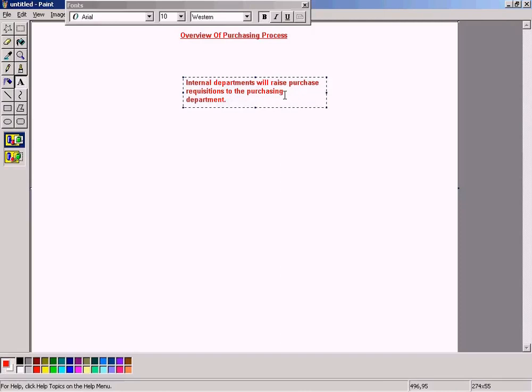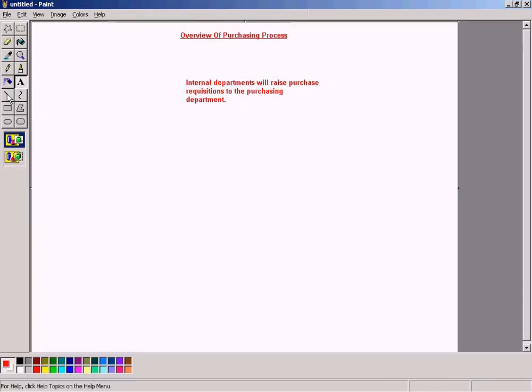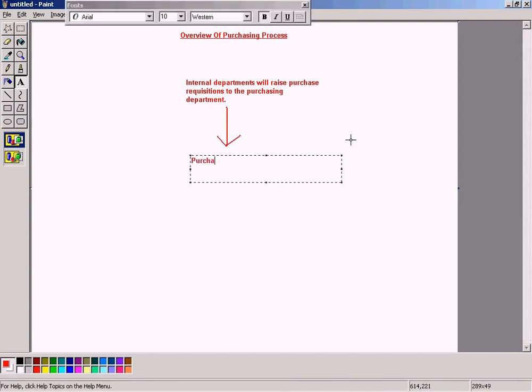Okay, then the purchasing department will raise a purchase order and send it to the vendors who supply that particular